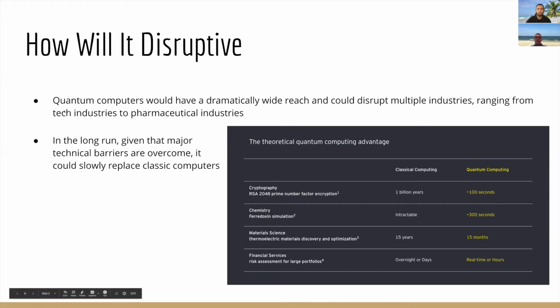Similarly, unlike classic computers, quantum computers would be great at modeling protein molecules and even atomic particles, and has great potential to disrupt the pharmaceutical and medical industries. Finally, quantum computing could improve machine learning and AI by leaps and bounds, and promises to disrupt all industries that rely on those technologies.